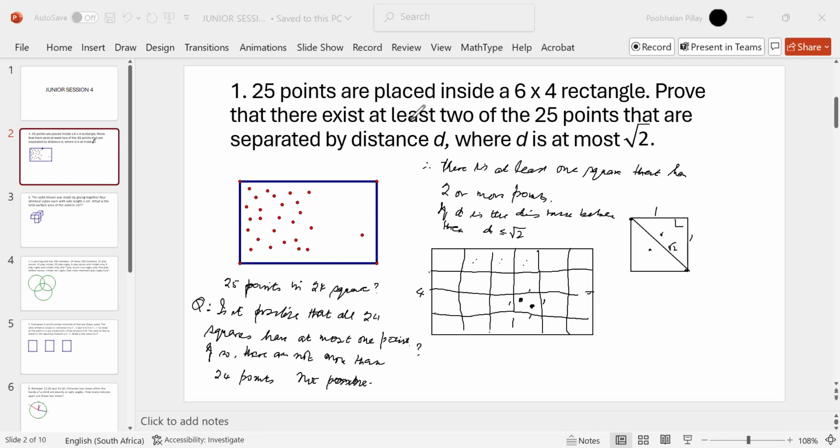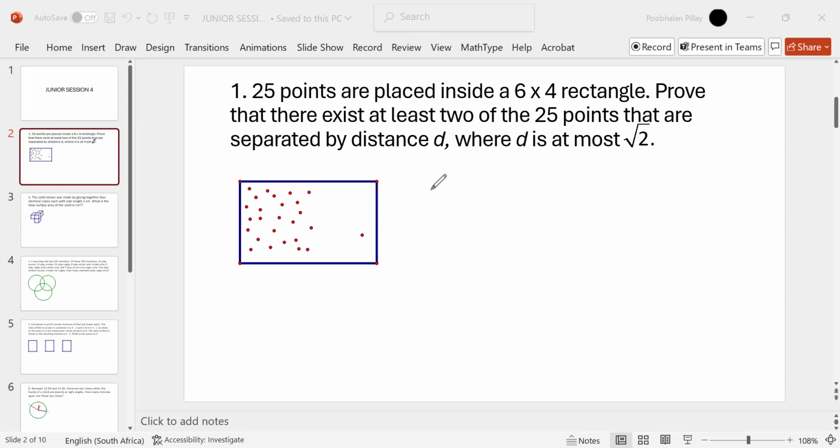Prove that there exist at least 2 of the 25 points that are separated by a distance d, where d is at most square root of 2. All right, although that was a mouthful, this argument here, I'm sure you understood it. And that is how you argue that there are 2 points whose distance between them is less than or equal to square root of 2. Now,